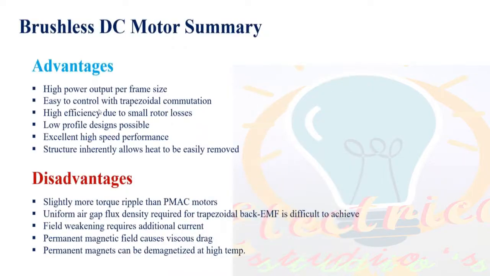So based on this point, the negative points are more torque ripple compared to the PMSM motors. And as you understand, flux density is not very uniform. Here, because of this different control methodology compared to the other motor, your flux density will not be uniform